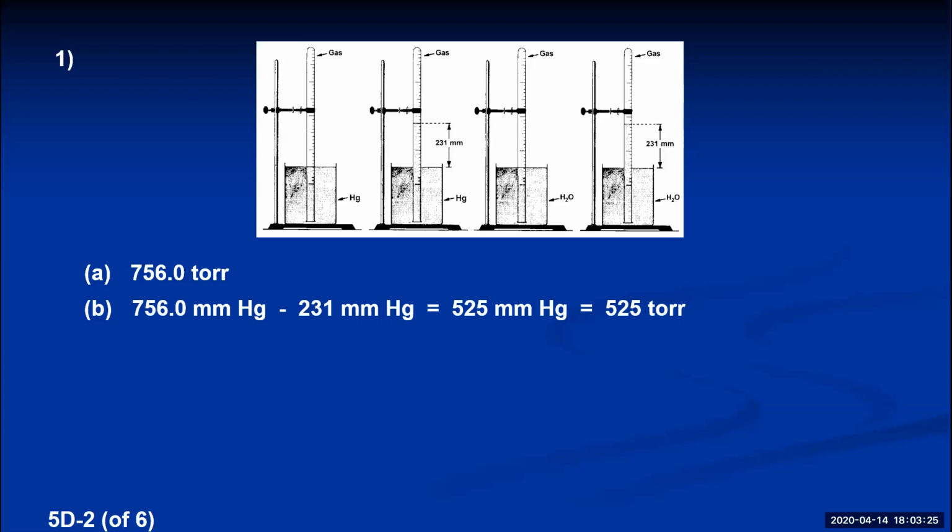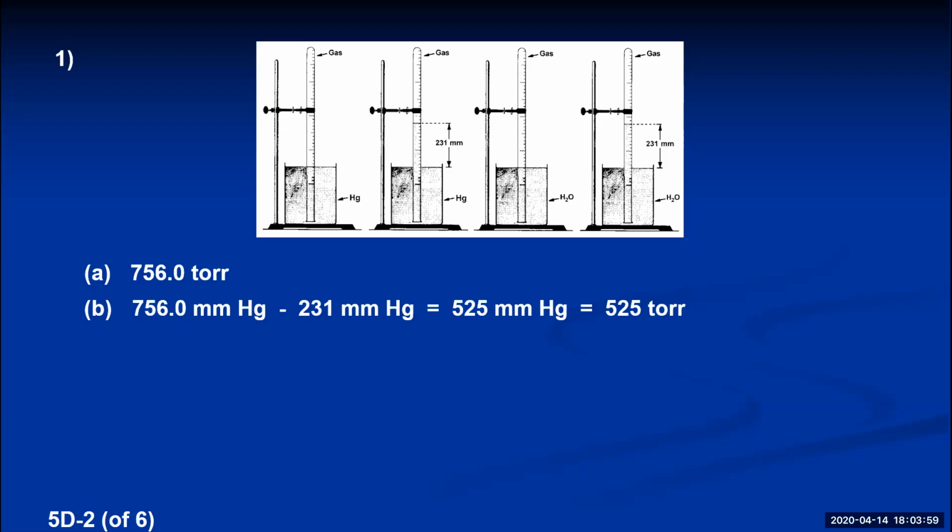In C, we have the hydrogen gas collected by water displacement. Once again, the levels of liquid are equal inside the eudiometer as in the open beaker. That means the pressure in the eudiometer is exactly equal to the pressure of the atmosphere, which is 756.0 torr. However, when a gas is collected by water displacement, some of the liquid water evaporates into water vapor in the eudiometer, and it's accounting for some of the pressure. So some of the 756.0 torr's worth of pressure in the eudiometer is due to the water vapor.